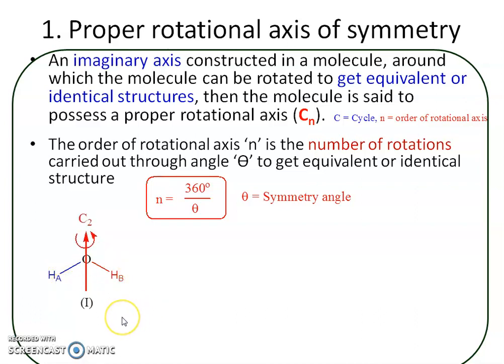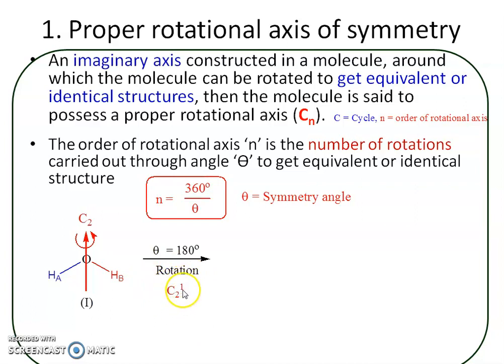Now imagine one axis passing through this oxygen, and at the same time consider that hydrogen, oxygen and hydrogen, these 3 atoms are on the same plane. These 2 bonds are also on the same plane, and this is the axis passing through oxygen. Now when this molecule is rotated along this axis through 180 degree, then theta becomes 180 degree, and the resulting operation is a rotation, and this first step is called C2^1.